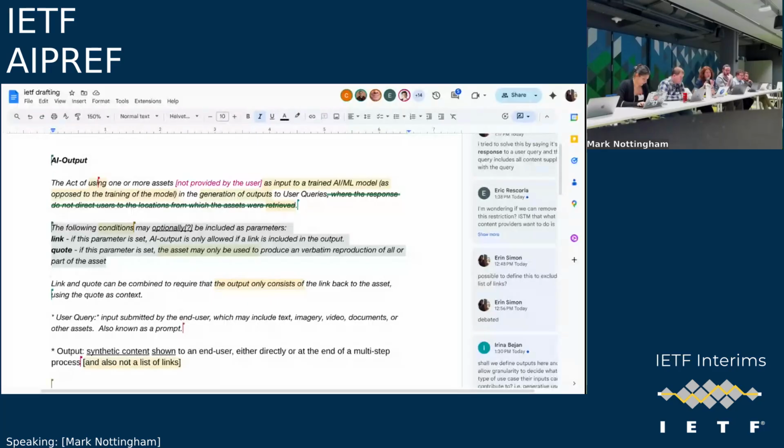So the way that these interact is, if somebody says AI output, yes, condition equals quote, then that would mean that you can only do the AI output category when the asset is used as a direct verbatim quotation or display.